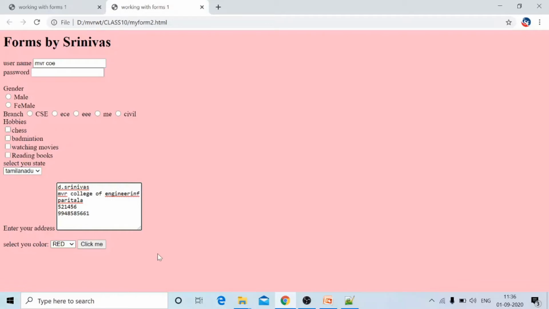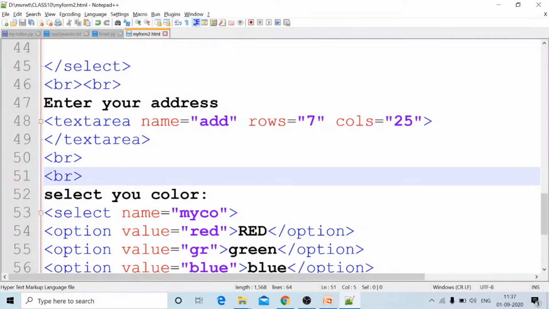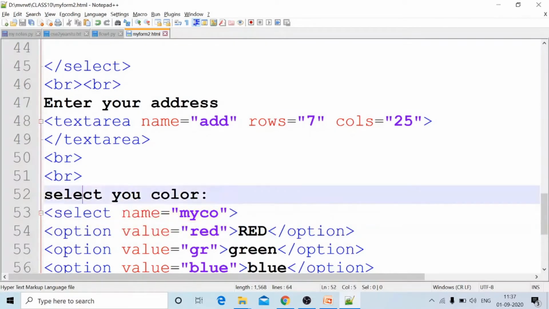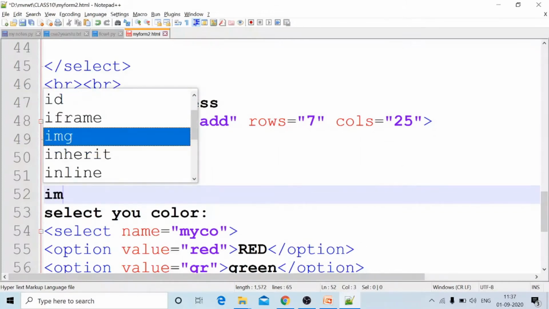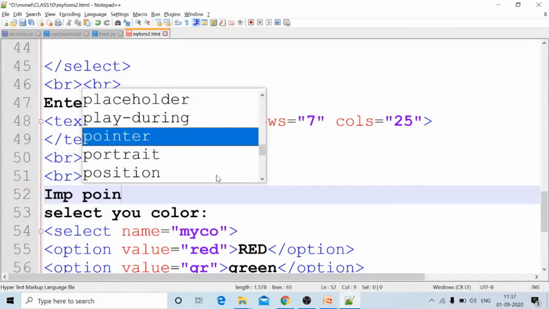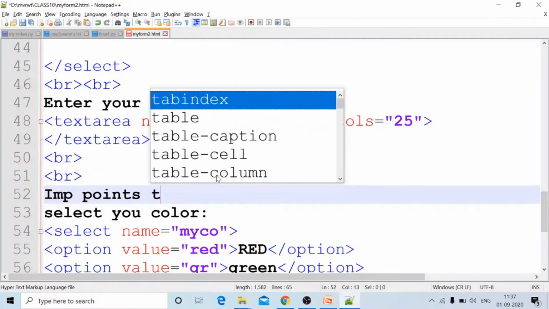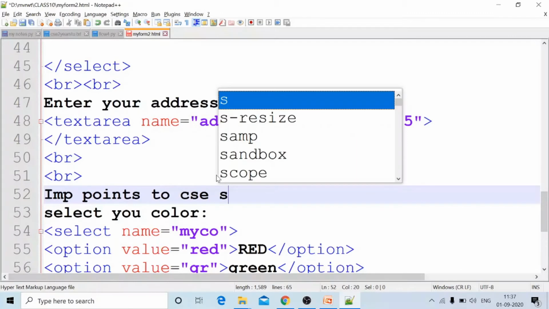Okay, now I want to tell you some important information. That information we will see using text area. This is the way of using text area. I want to give some important points. Important points to CSC students.